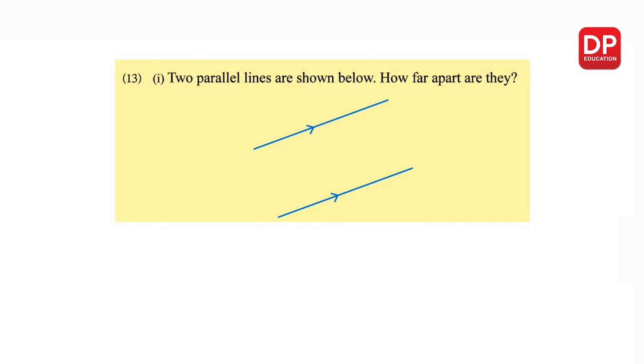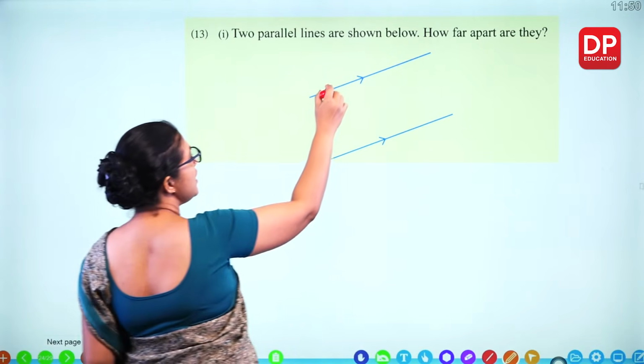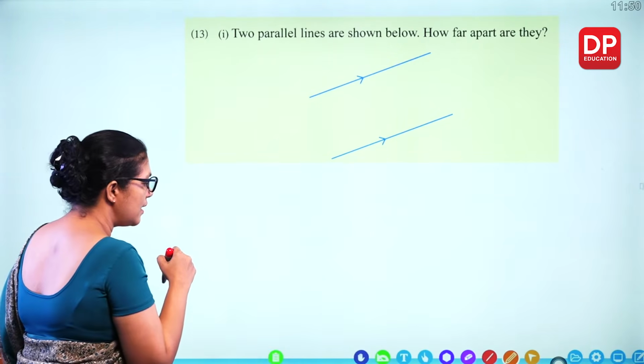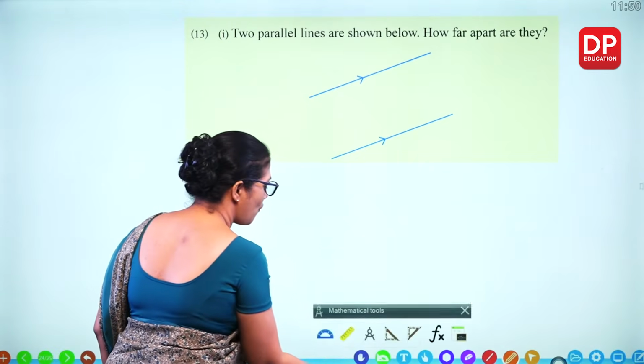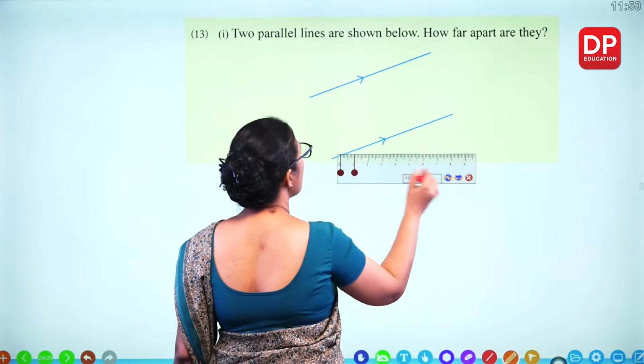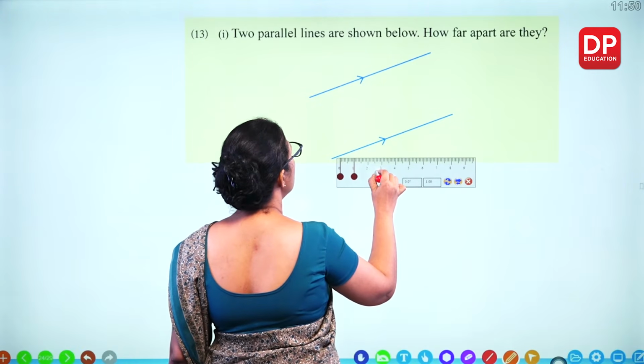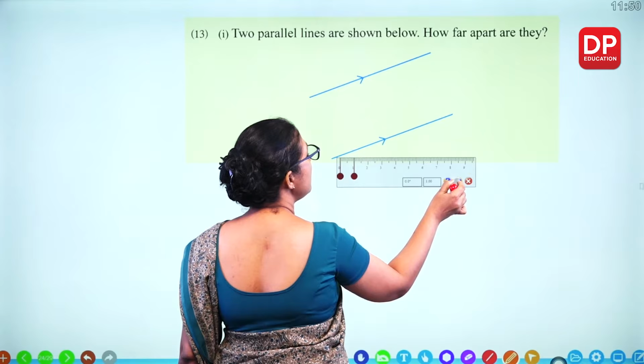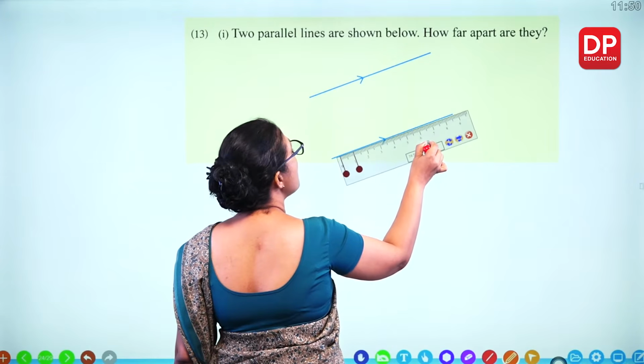Two parallel lines are shown below. How far apart are they? So how do we find out? We need the perpendicular distance. So for that you can take the ruler and keep it on this parallel line,